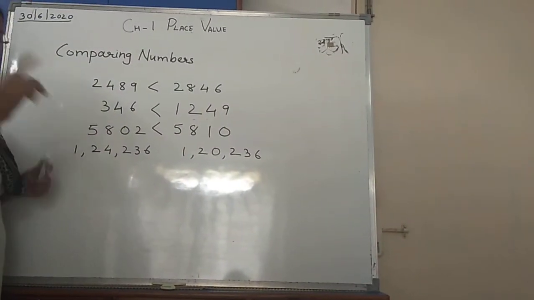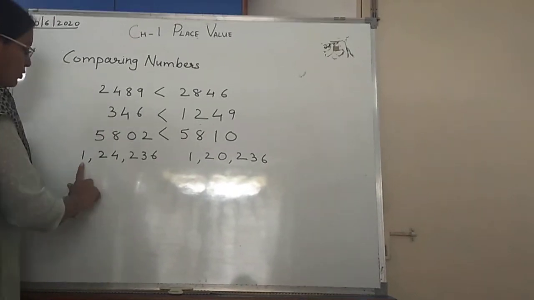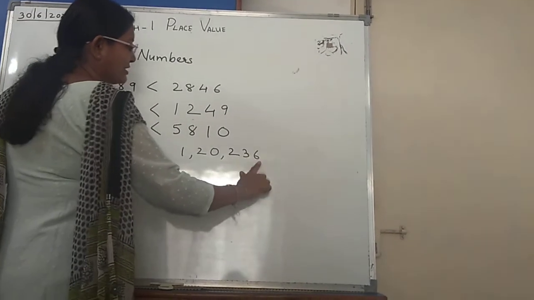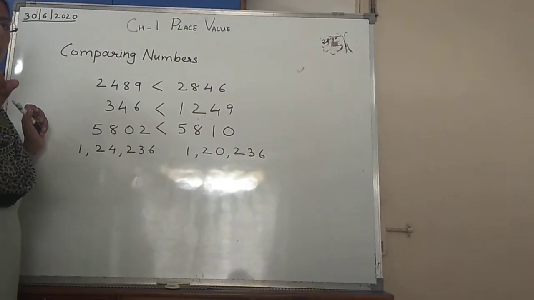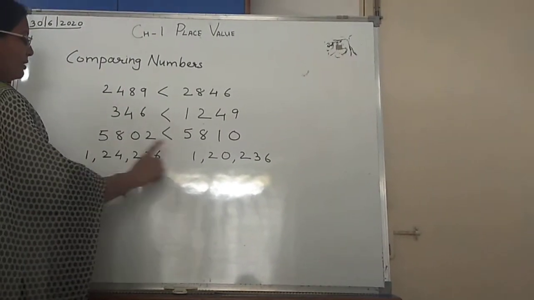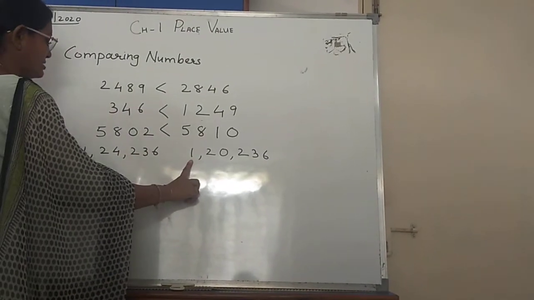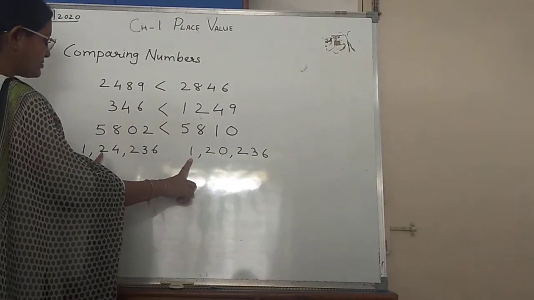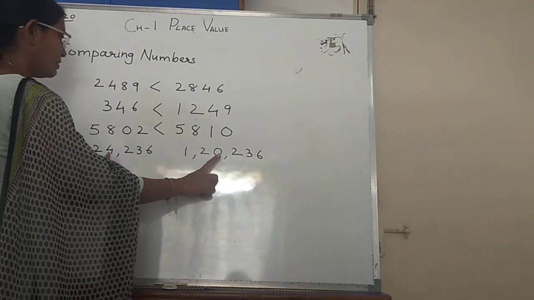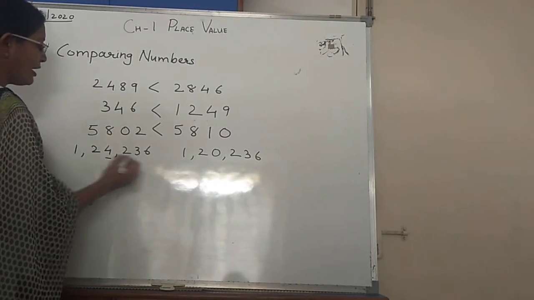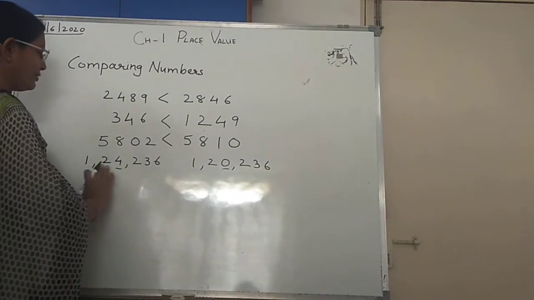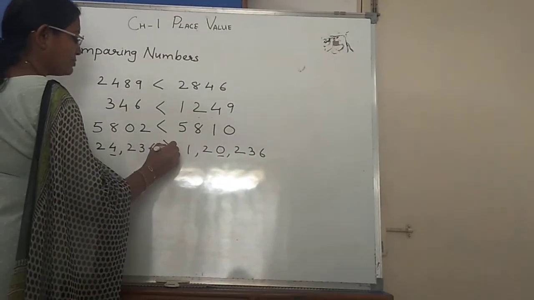Let's count first the number of digits. 1, 2, 3, 4, 5, 6. Here it is a 6-digit number. Both are 6-digit numbers. So now we have to follow the second rule, that is we have to compare both the numbers, first digit first. Here it is 1, here it is 1. Both are same. Go to the next one. 2, 2. Both are same. Go to the third one. 4, 0. Here there is a difference. 4 is bigger than 0. So 1,24,236 is bigger than